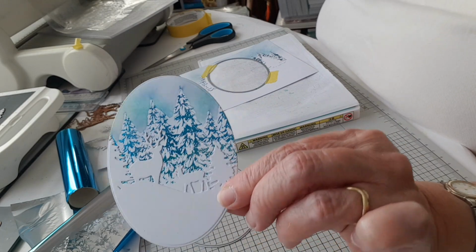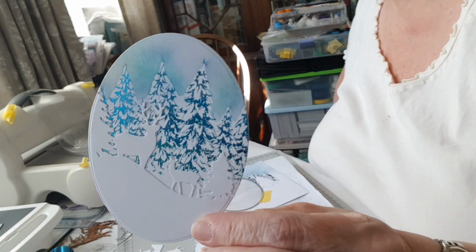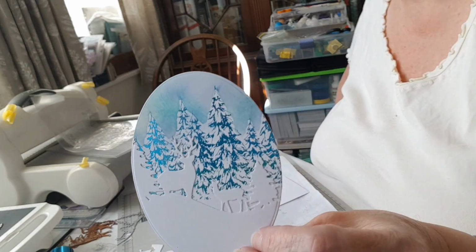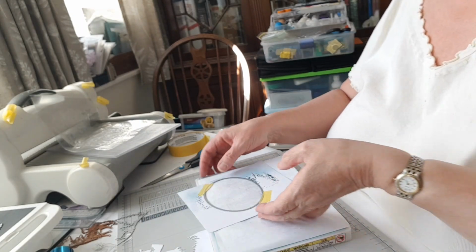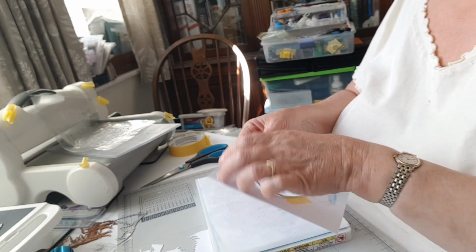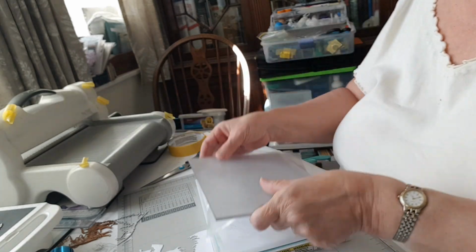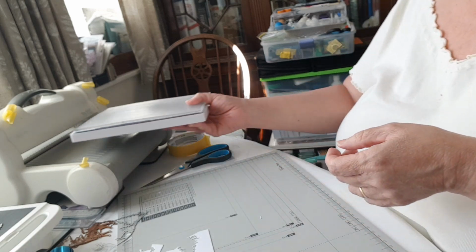And there. Bring this up so I can get more light on this. So there we are. I just need to mat and layer that with some suitable card. If you want to add snow, then you can either use a white gel pen, or depending on what ink you've used and how much it's soaked into your card,